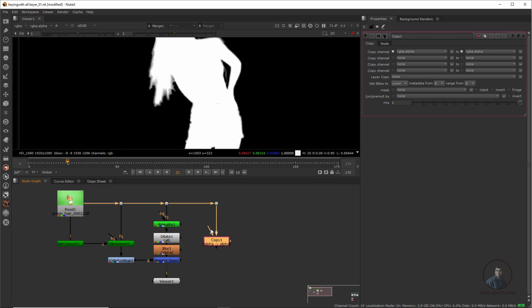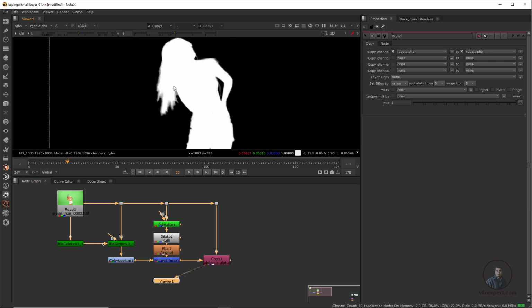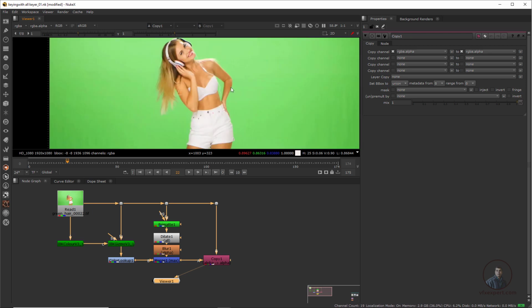Then after this the A input we have to connect to whatever alpha or matte you are getting from here. Then connect this with the A input, select this one, press 1 here, and again press A. So now if you see, this is our original footage and this is our alpha. After this we have to use pre-mult and remove this chroma. So select this copy, press Tab and simply type pre-mult here.